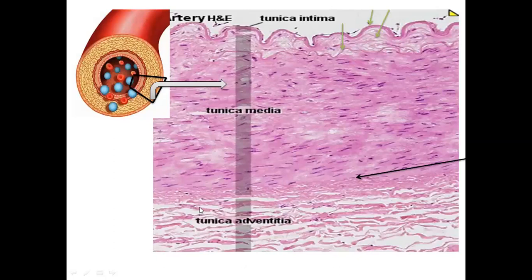Now the actual micrograph. Here we have a micrograph which is taken from this square and displayed upside down. Here you can easily identify a thin layer of simple squamous epithelial cells at tunica intima, the endothelium, simple squamous epithelium as part of tunica intima, and that is present on this arrow as well.